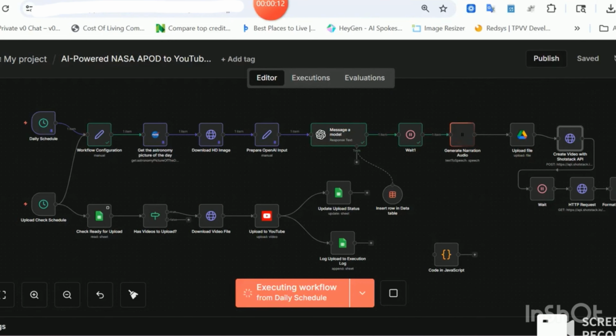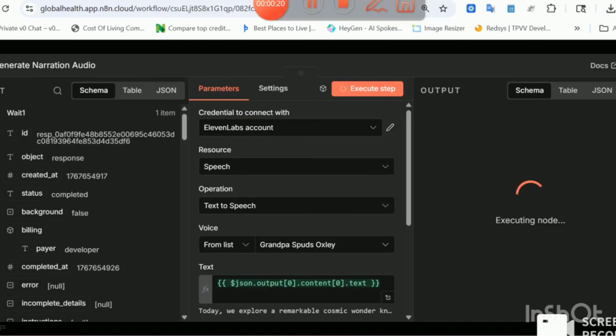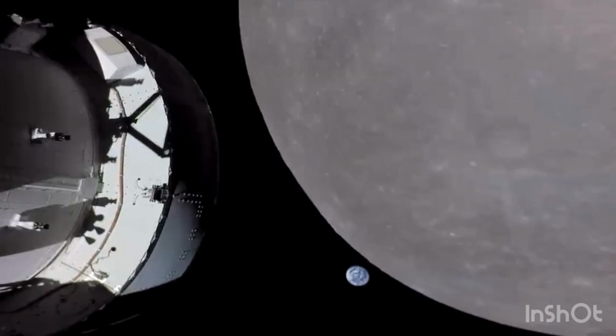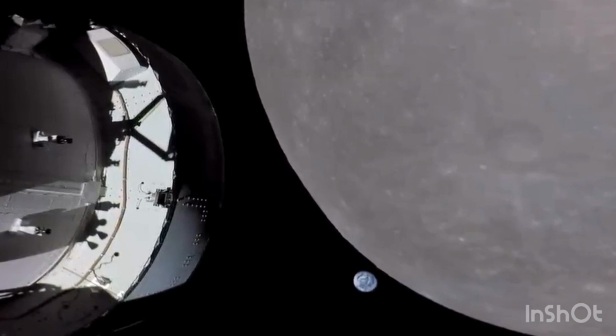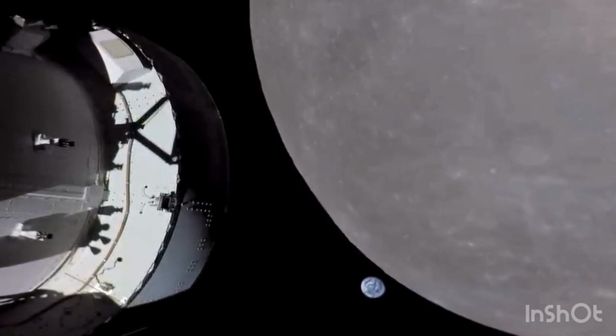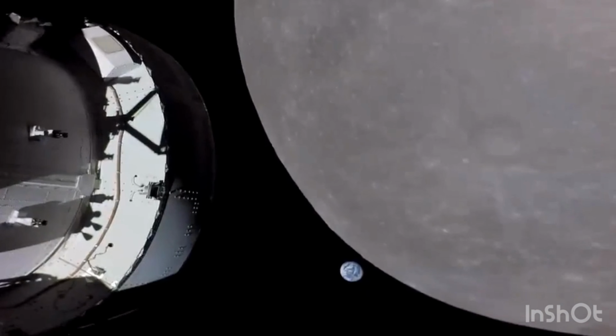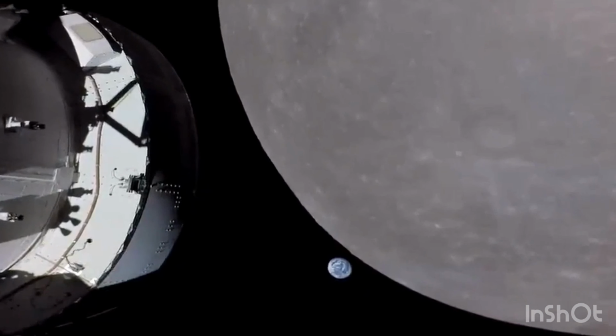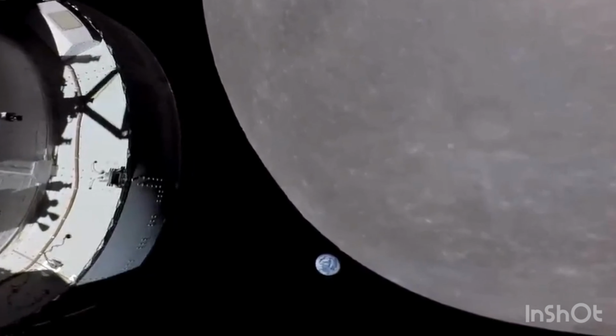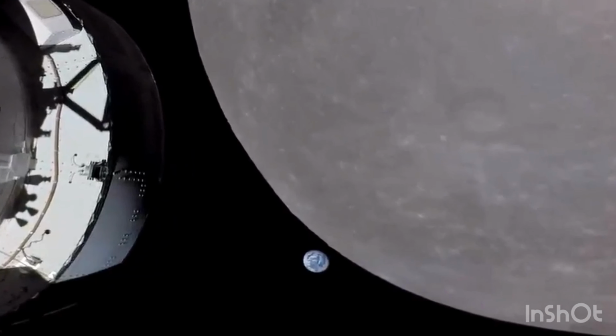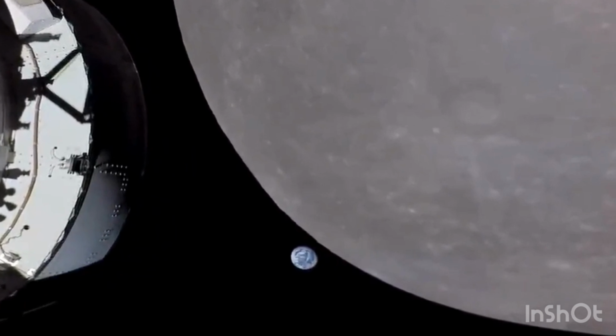The orbit Orion entered after the flyby is called a distant retrograde orbit. That might sound complicated, but it simply means the spacecraft was circling the moon at a great distance, about 9,000 kilometers beyond it. The word retrograde means it moved in the opposite direction to how the moon itself orbits Earth. This allowed Orion to reach a record-breaking distance, just over 400,000